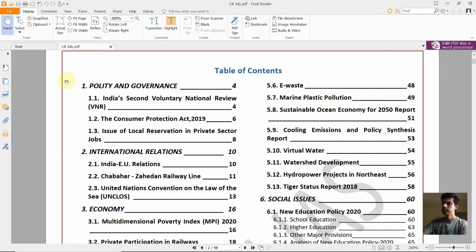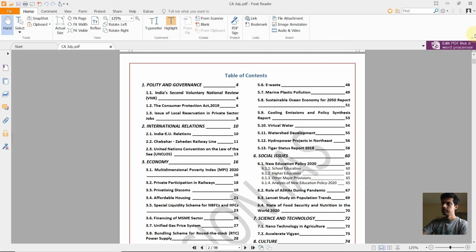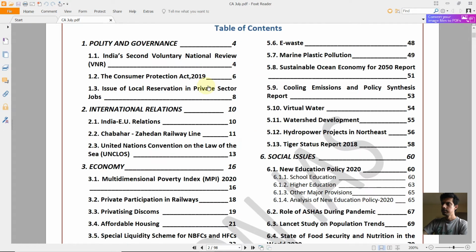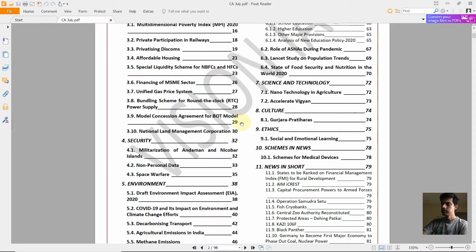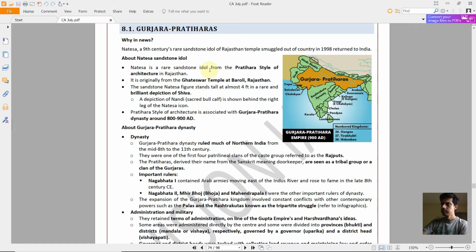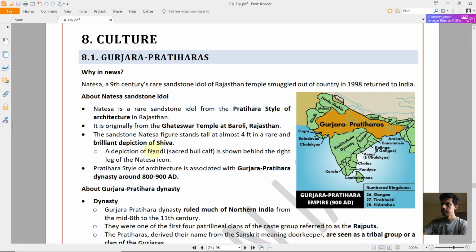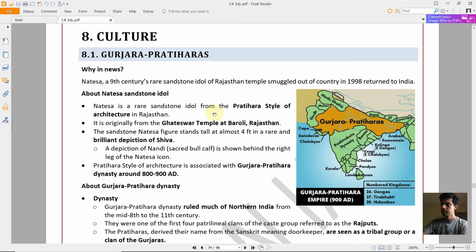So now we will go through this index and we will search for some topic which is important for us for the CSC. I think we can go to this art and culture section. Here the topic is something about Gurjara Pratiharas. So yeah, we will prepare notes from this topic. Since the PDF is very detailed, all the necessary information is covered, but since we will be revising them, we don't need all this information.